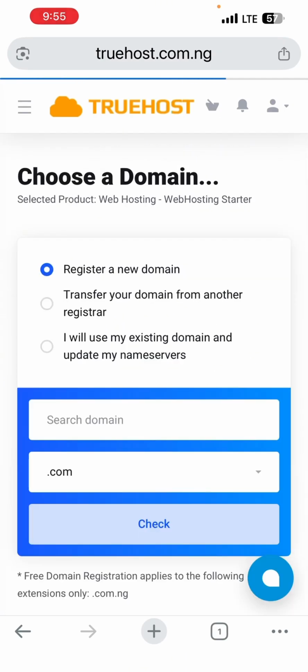Then it will bring you to this place. I've selected my hosting plan. It's now time for me to select the domain that will be attached to it. And remember, when you are selecting a domain, you must make sure that that domain aligns with your topic, with your niche. Let's say if you want to create a website for scholarship, you can register a domain like